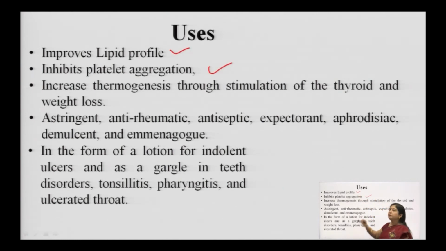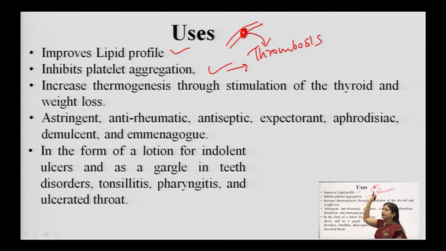Then it also inhibits platelet aggregation. Now, platelet aggregation is what? Whenever there is a wound, normally platelets help in aggregation, it helps in blood clotting. So, it is useful, but whenever a patient is suffering from hypercholesterolemia, then what can happen? It can lead to thrombosis, because he has a lot of free triglycerides like LDL and VLDL, and he has platelets which are aggregating again and again. So, what will happen? The coronary arteries will get blocked,